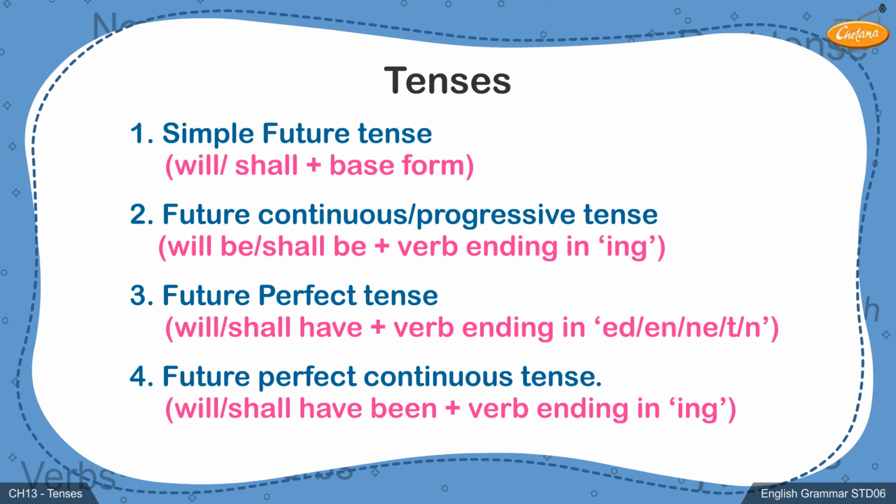With this, we have completed the 4 aspects of future tense. You have now learned all the 12 tense forms and the manner in which they are used. You must remember the helping verbs that are used in these forms and the manner in which the main verb appears in the sentence. Revision of the formulae will definitely help you in identifying the verb and the tense forms correctly. You can now solve the related exercises on your own.